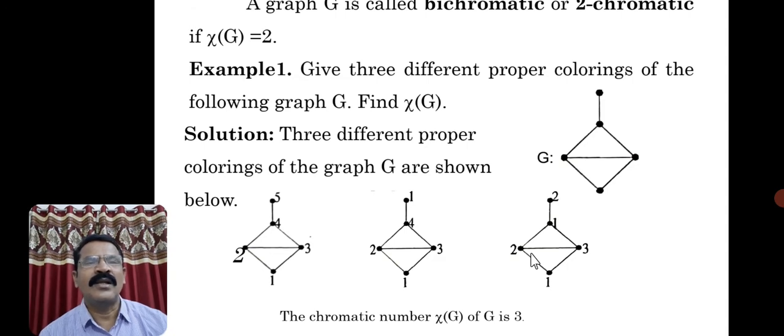Right now I don't want to disclose all those results because we are going to discuss them in detail later on. These are the 3 different colorings of the same graph: 5 coloring, 4 coloring and 3 coloring. It is not possible to reduce by one more color, so finally we have minimized the colors to 3. Therefore the chromatic number of this graph is 3. This is how we can find the chromatic number of a graph.